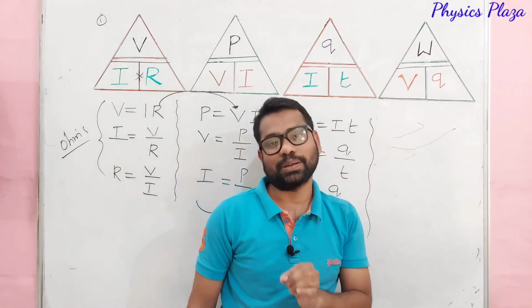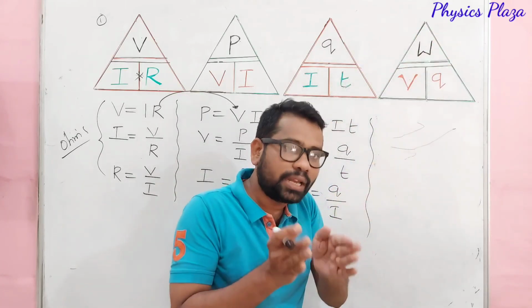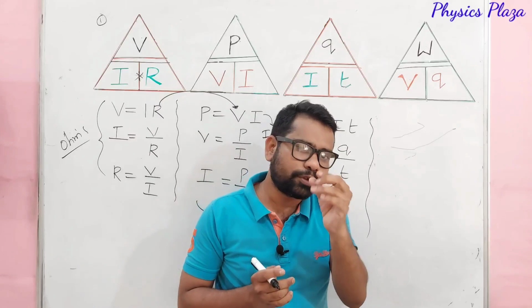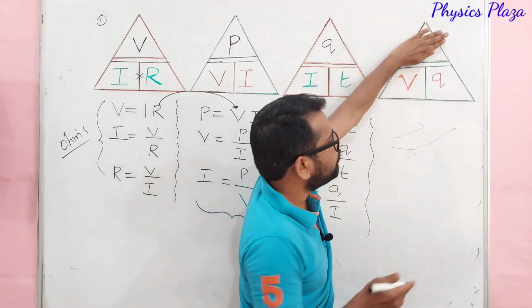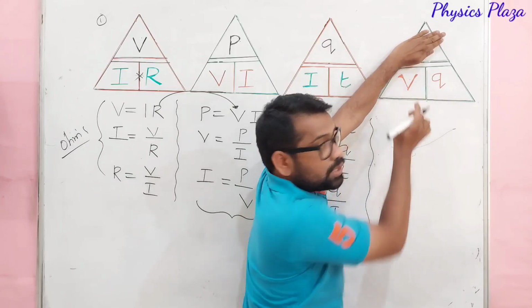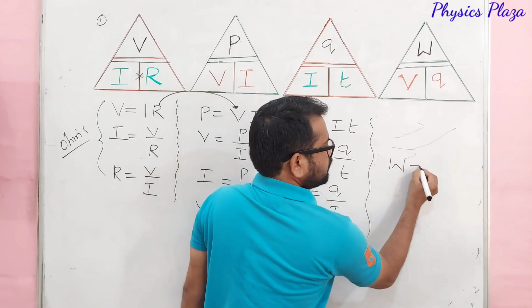Electric potential concept. Here, how can we calculate the work done in order to move a charge of Q from one point to another point? Work done W is equal to V into Q. Side by side means multiplication we have to do. So here W is equal to